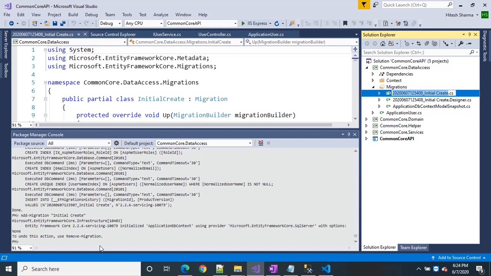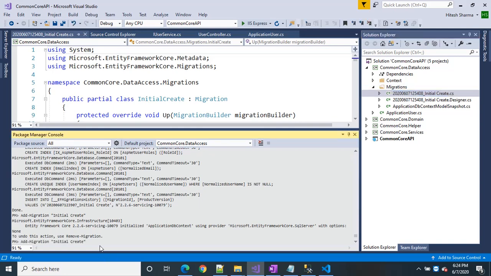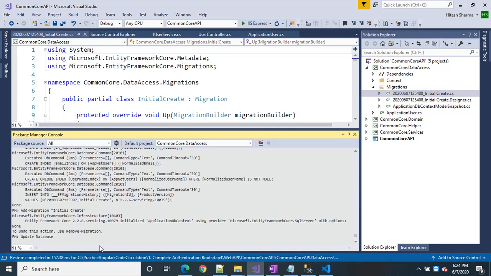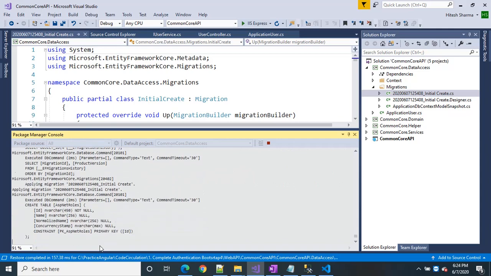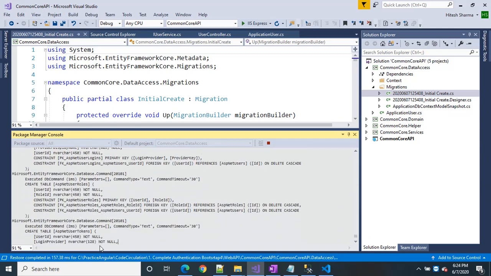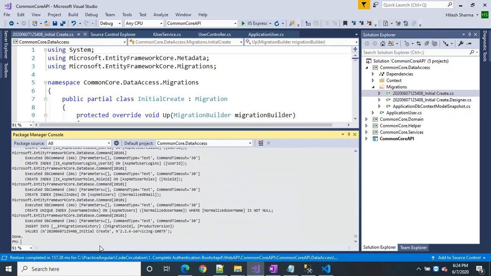Let me run the update command to update the database. Migration has been successfully completed.